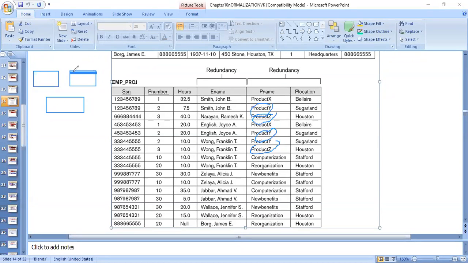Suppose I delete one project, those projects will get deleted from here if you give on delete cascade, but it is not going to affect the employees table. Got it? So this is the advantage when you have tables bifurcated. But here in this case, it is not bifurcated, it is a combination table, which is wrong actually.